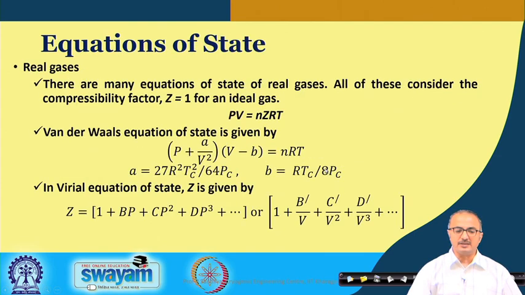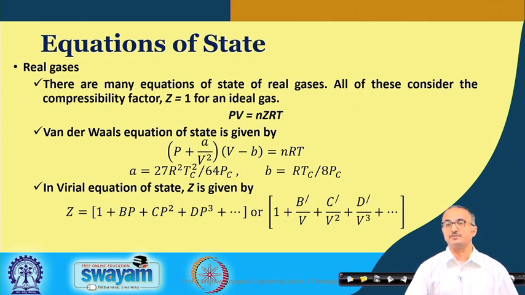Okay. And next we come to the real gases. For real gases again there are various approaches. One of the simplest approaches is to use PV = nZRT. Here we have put another factor to account for the non-ideality, that is the compressibility factor or super compressibility factor, this Z value. Okay. And another thing you also have encountered perhaps is the van der Waals equation of state, but